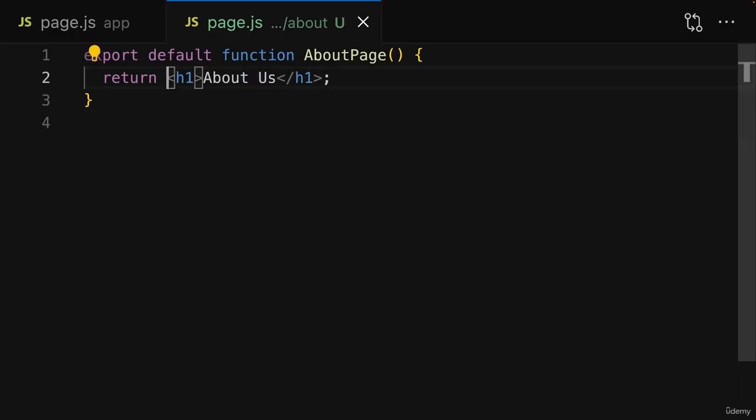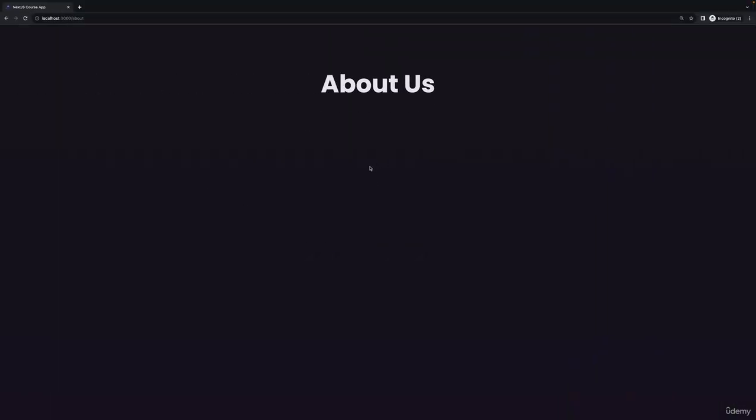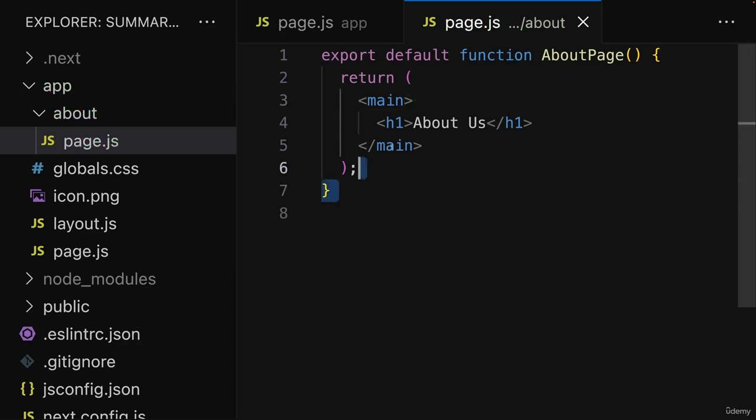And here I'll now just wrap it into a main element for styling purposes. Like this. This ensures, due to the styles I set up, that this will be centered. So that is how we can add a new route, by adding a folder with a page.js file inside of it. Okay, now that we got this second page here,